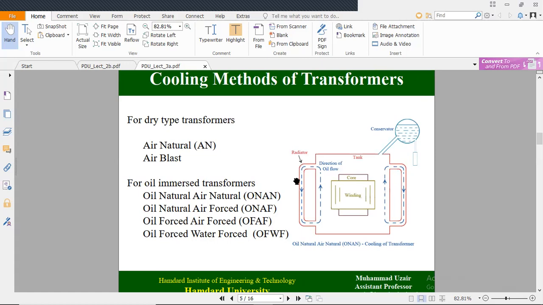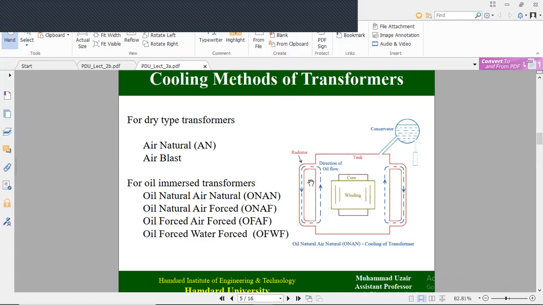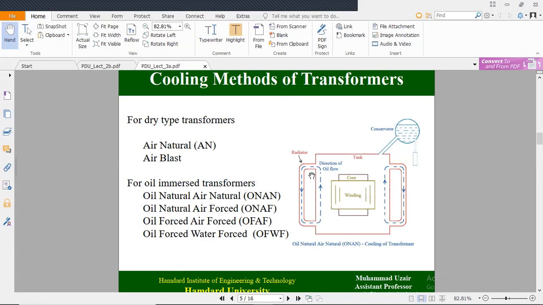So oil is circulated from this side to this side, and this is not a single tube. There are many. I think 82 to 92 tubes are available in the transformer, depending on its size, how large or immersed the transformer is. For large transformers, I'm talking about 92 or 82 tubes of fins, but for small transformers it would be around 40 to 60 tubes of fins, placed to cool down the transformer winding by the circulation of oil. The transformer winding is cooled this way. So this is the natural way to cool down the transformer.